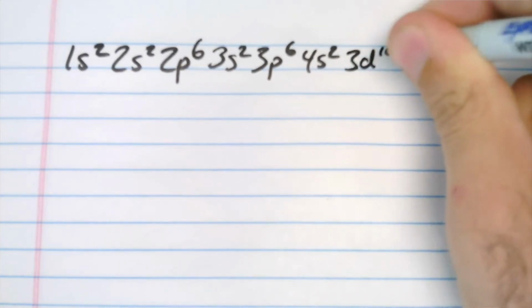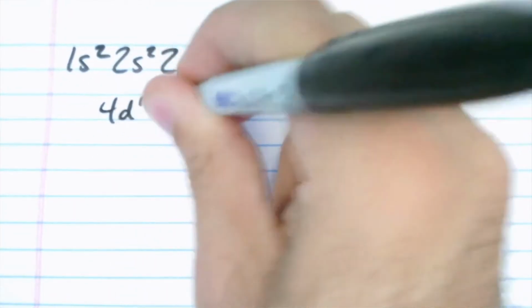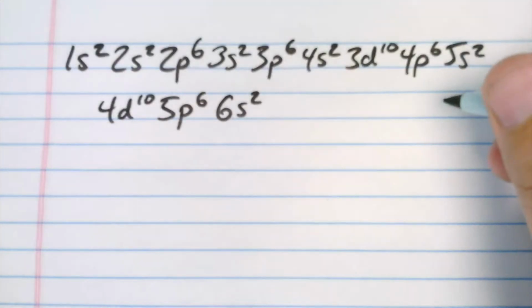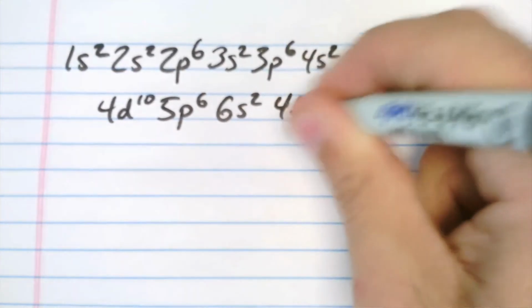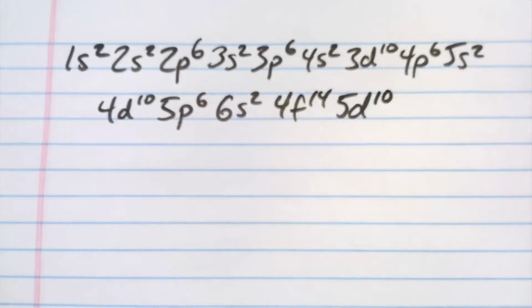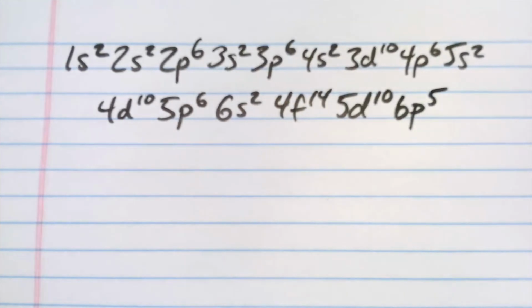3d10, 4p6, 5s2, 4d10, 5p6, 6s2, and now I come down into the F block for the first time, 4f14, now back up to 5d, 10 in there, and then I run out of electrons here in 6p, so 6p5 for the rest of